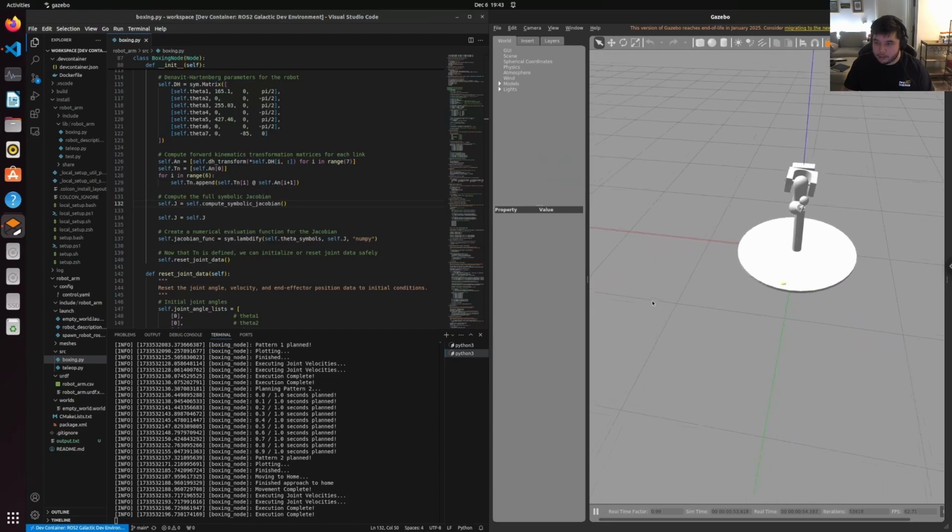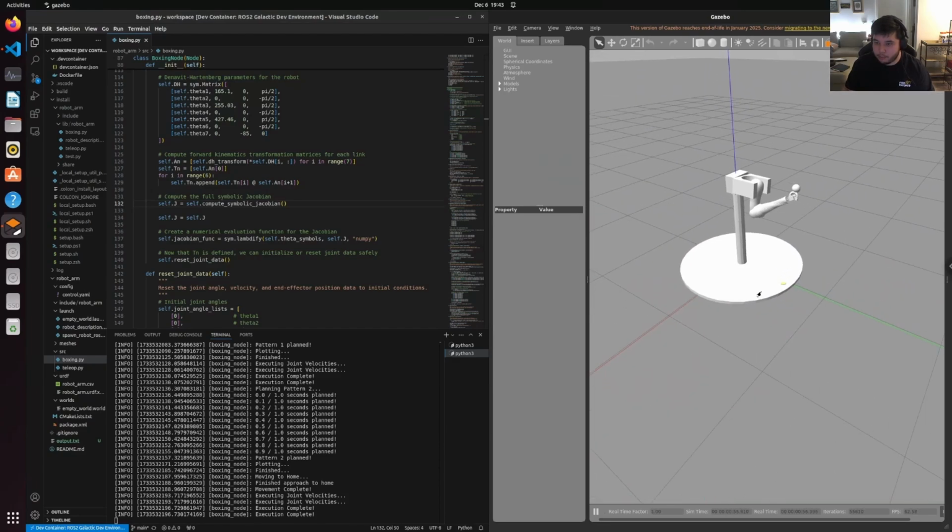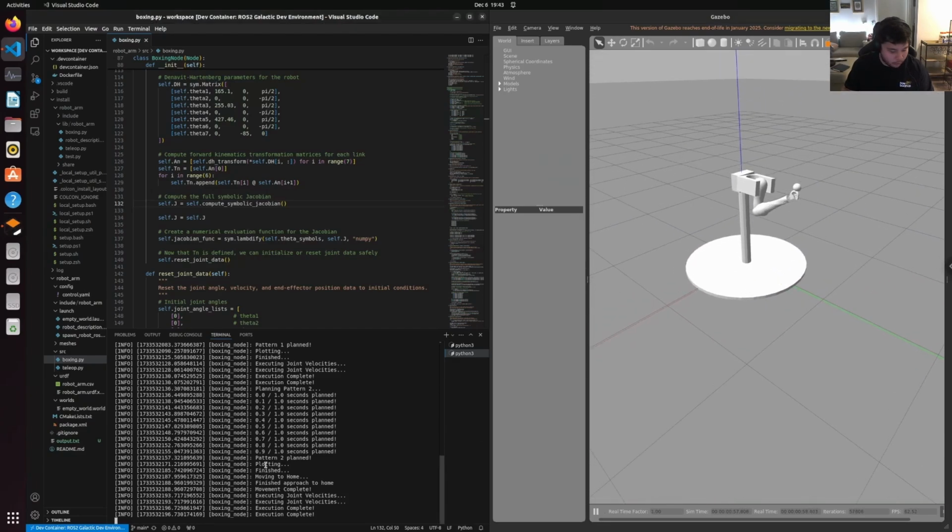Alright, cool. So that's our path. We can hit C to clear our path, and then let's just try to plot it again, and not enough data because we've cleared our path. So that's a quick demonstration of the